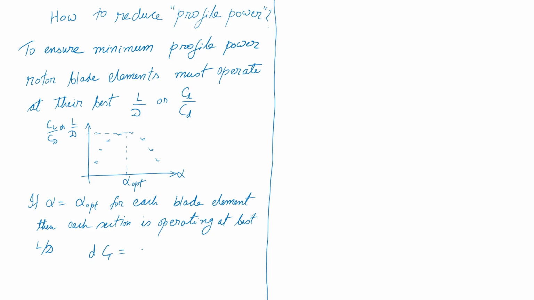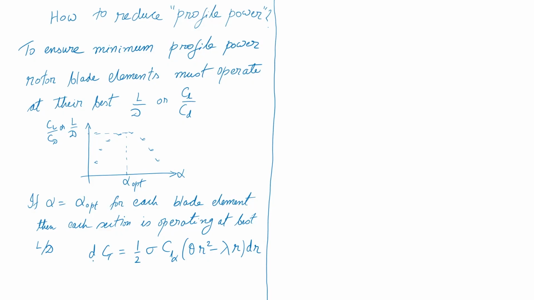So, how did my DCT look like? Half sigma CL alpha into theta r square minus lambda r into dr. So, that is my expression for DCT, and we are working with the rotor for which we have already optimized my induced power. I am already operating with my hyperbolically twisted rotor, the ideally twisted rotor, so that my induced power is already minimized. On top of that, now I want to minimize my profile power also.